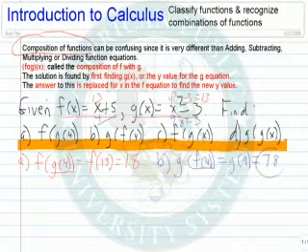Please notice that the answer for g of f of 4 and f of g of 4 is different. That happens almost all the time. Let's try something a little more challenging. How about f of g of x? So to do this,